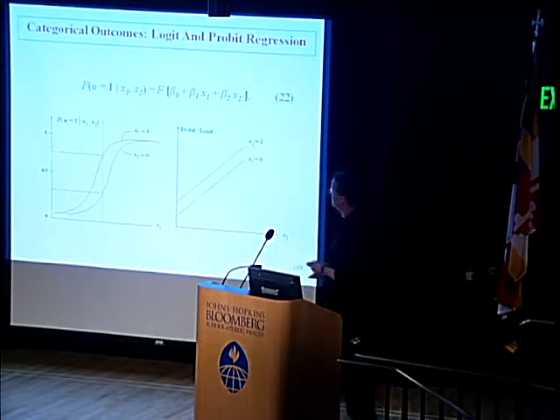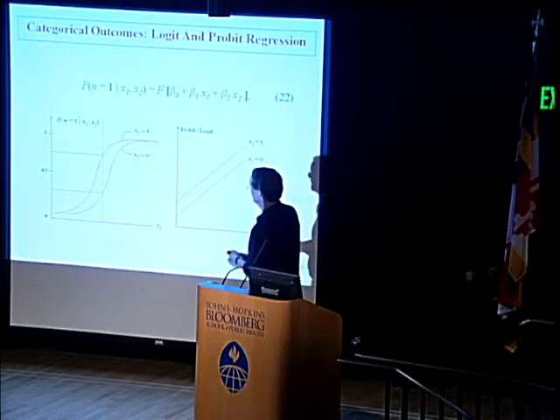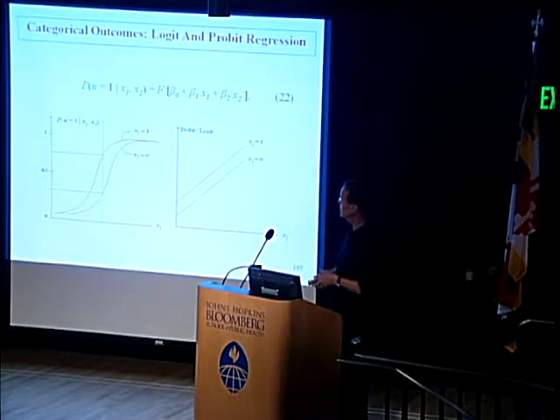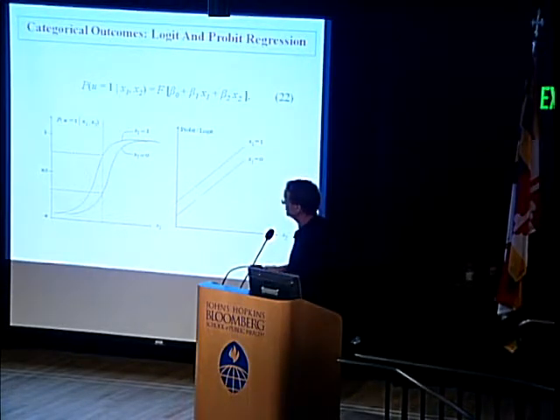Otherwise, it wouldn't be a probability. One function that does that is a distribution function in statistics. There are lots of different distribution functions. Two common ones are the normal and the logistic distribution function. The normal distribution function is called cap phi, or phi. And the logistic function,